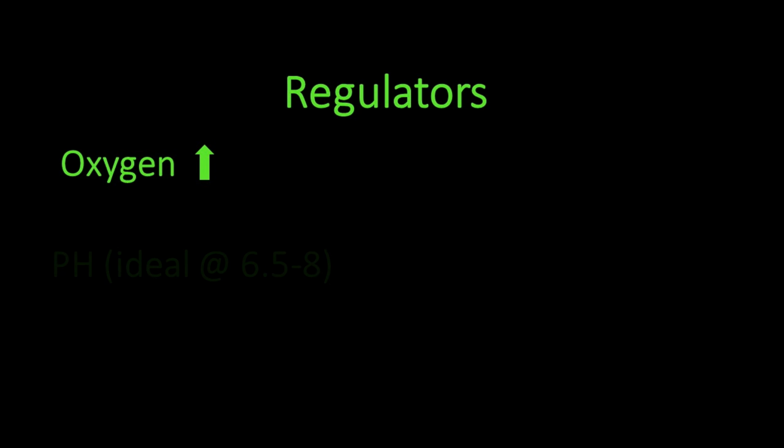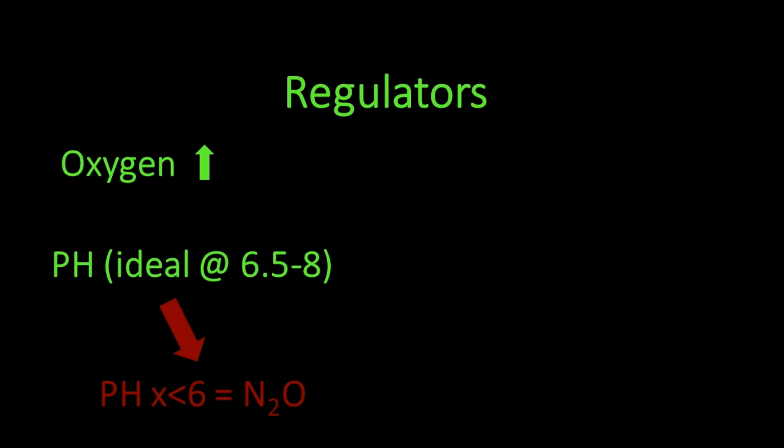A pH of 6.5 to 8 is ideal for nitrifying microbes, while a pH of less than 6 is dominated by fungi, and the process can be less efficient or even incomplete, something we will discuss later. Nitrifying organisms are lithoautotrophs, or organisms that get their electrons and carbon from inorganic sources. So the presence of carbon dioxide is also an important factor.